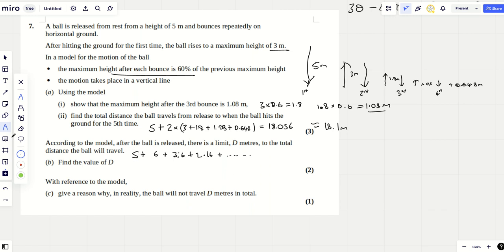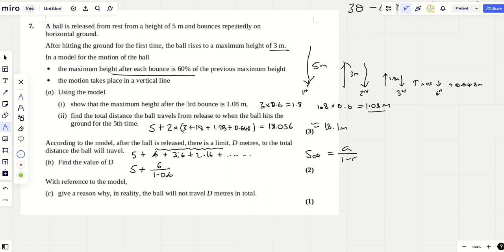Now, this is a geometric sequence, but the first term only appears once, so you're almost better to leave this out because everything else has been doubled. So this is the same as 5 plus. Now we've got a geometric sequence here. Now the sum to infinity is a over 1 minus r. So if I have the first term as 6 and the common ratio is 0.6, because it'll be 0.6 there,